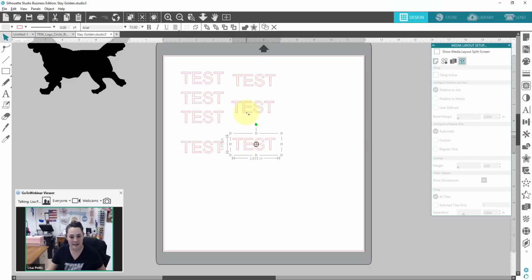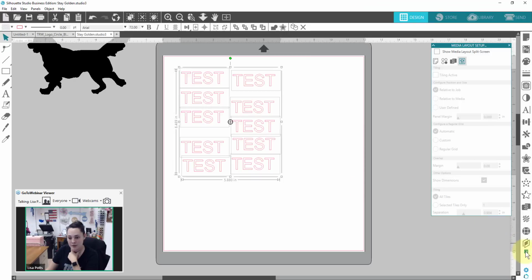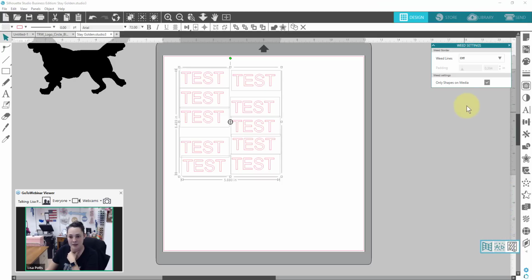So I did a board for a wedding. I did a seating chart for my sister-in-law's wedding, and it was so many names. And what saved me is I did automated weed lines. So let's say we're going to cut all this right here, and we're going to go over to this panel, and right next to our media layout, we have weed settings. So we're going to go over to this one,